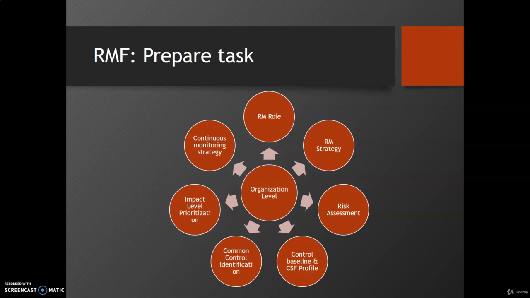So once we have defined the roles, we have put the strategies in place, we did the risk assessment, we have defined the controls, then we have identified the common controls, we have categorized the systems on the basis of priority. Now we need to monitor the strategy on a time-to-time basis to see if any changes are required. So that is what we have as task preparation at an organization level. So next we'll look into